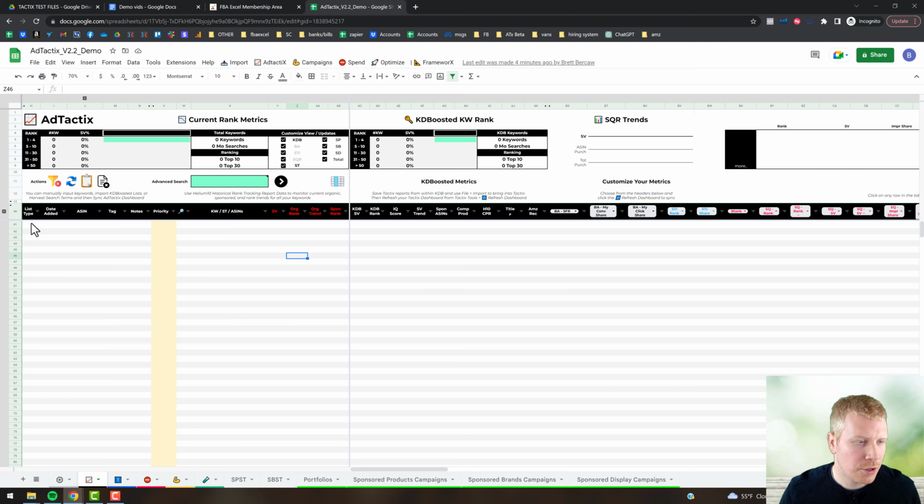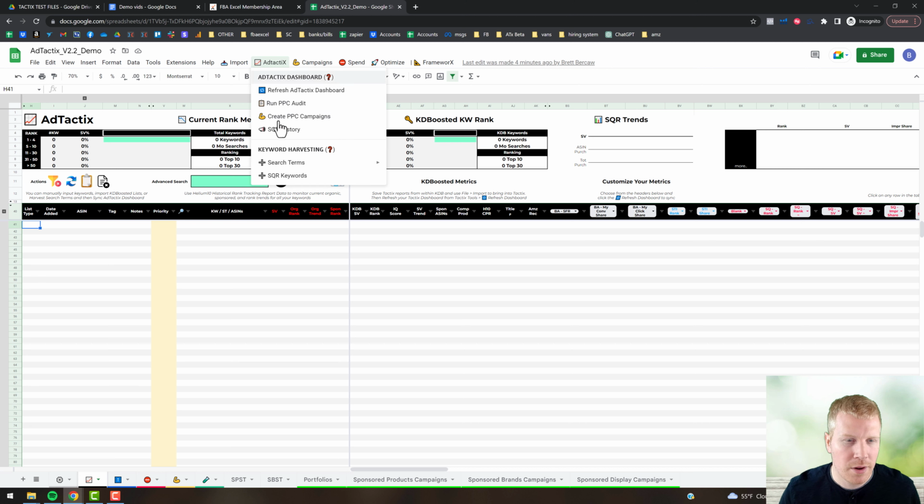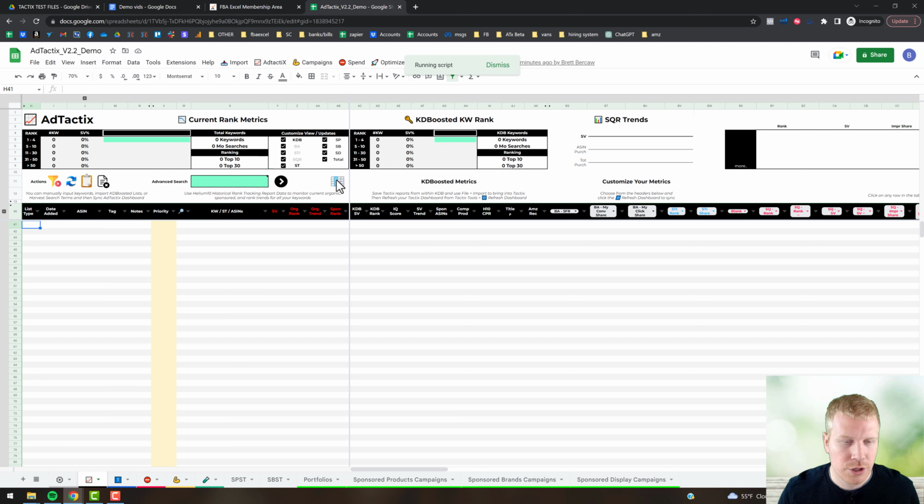Just to really show you how to harvest new keywords and get them into AdTactix, I'm going to run through a few quick examples here. One of the easiest ones is to use your search query performance weekly reports. So there's a SOP that shows you how to get all this data in there. I'm just going to hit this search query keyword button, and it's going to essentially bring in all of the data, the supplemental data that we've imported thus far from a search query performance report standpoint, dump it into this